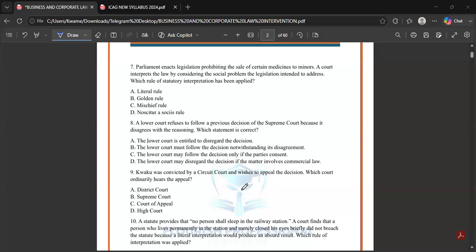Okay. Now, if there's a situation where a minor is actually sick, and he needs that drug, but here's the case, the parliament has brought out a legislation that certain medicine shouldn't be sold to minors. But here's the case that the minor needs the drug. Medically, he needs the drug. Prescription, he needs the drug.